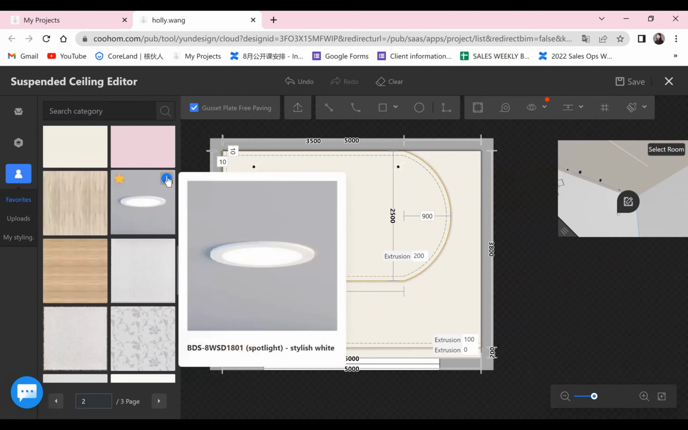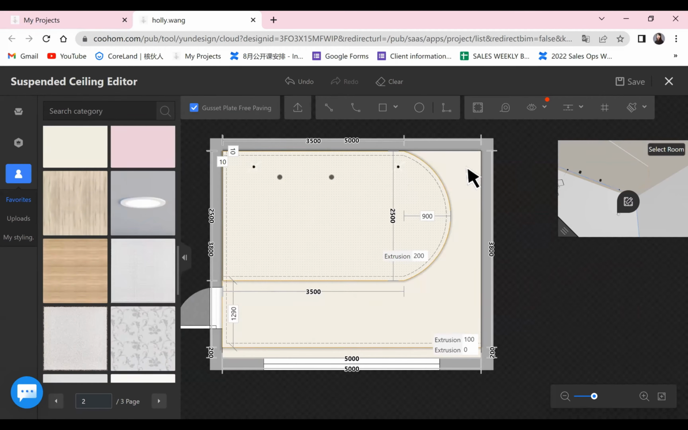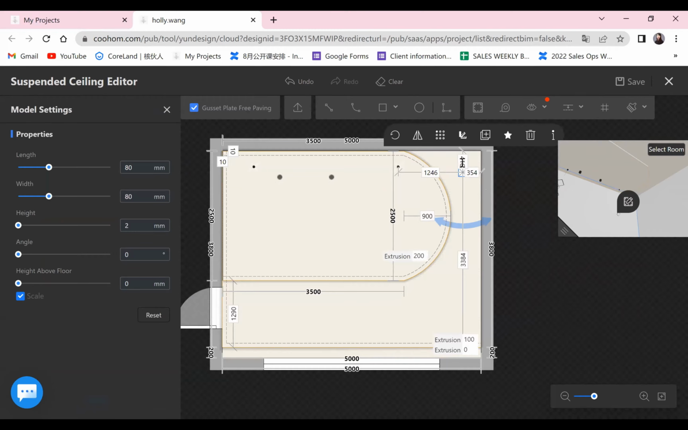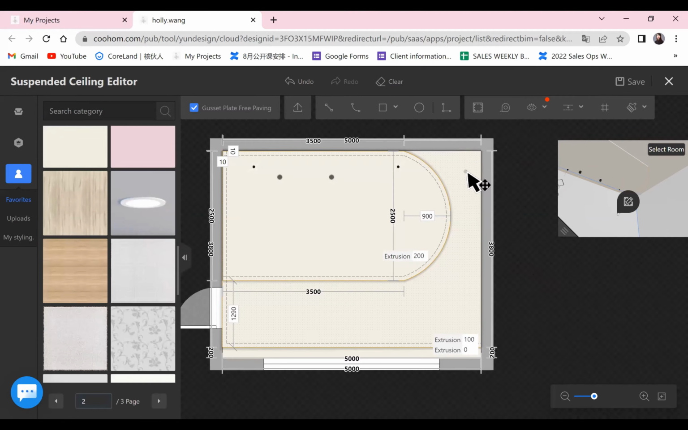How about these little ones? Okay, so I will try to put 3 on this side. Okay, so you can place the first one and change the position. Maybe 400, this part 300. Okay, this one you can also make a duplicate, but I want to introduce to you guys another easy way